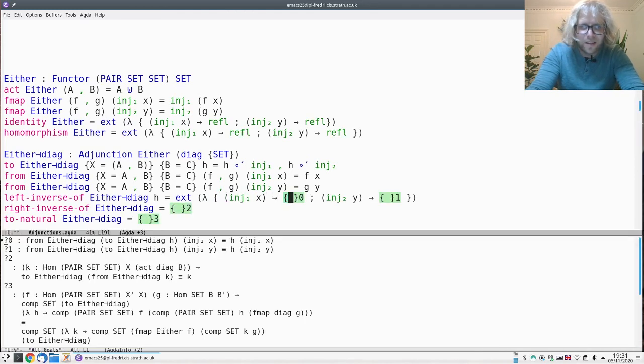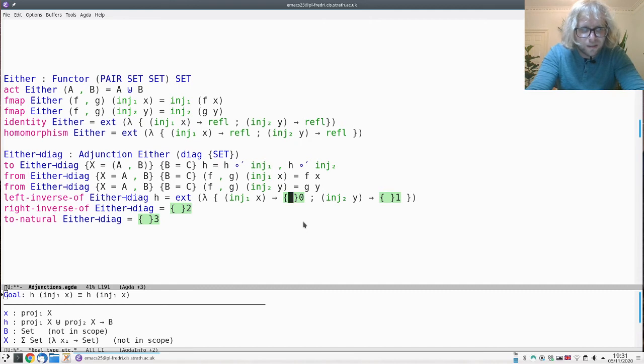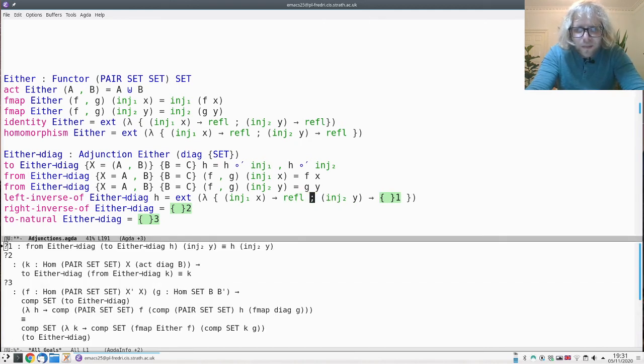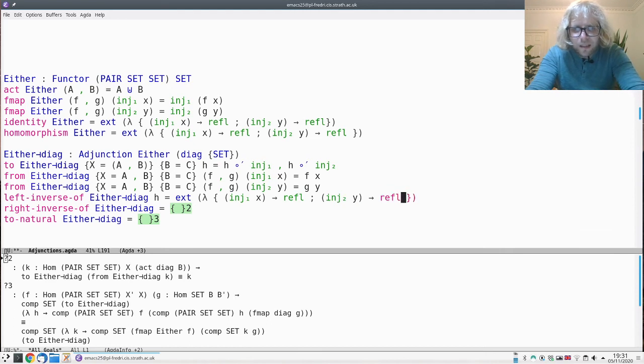And if it's in left, then this thing is going to reduce to f of x, and this thing is going to give me an inject 0. So that's the same in both cases. It's going to be the same thing. And here, if we are given f and a g,